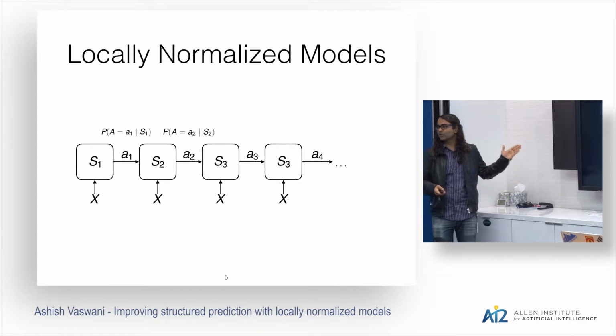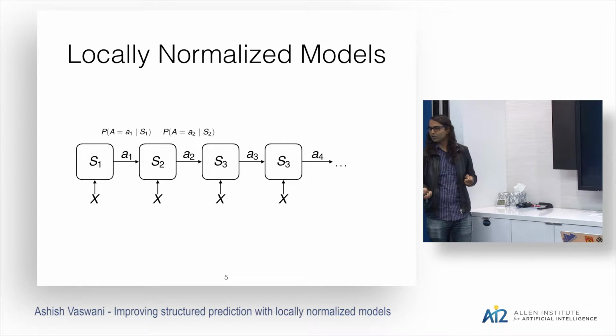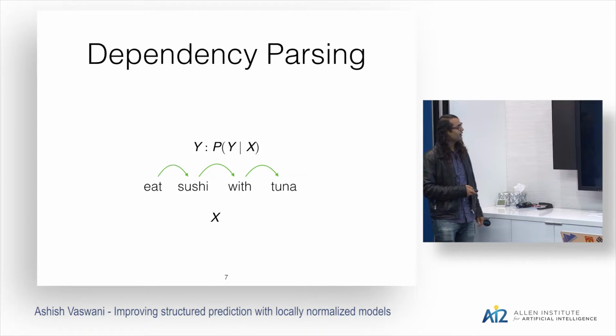You can have locally normalized tree models. If some of you know the work of Richard Socher, where you have these recursive neural networks, that would be a tree locally normalized model. But I'm talking about sequence locally normalized models. So let's look at how